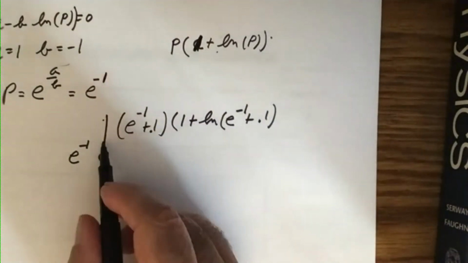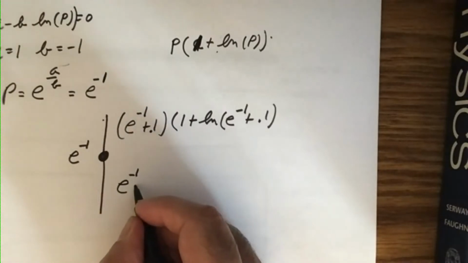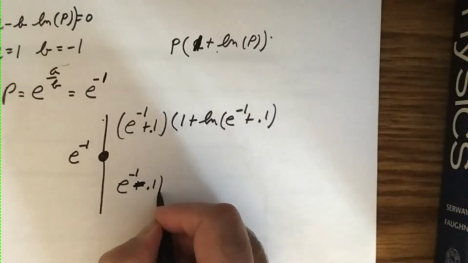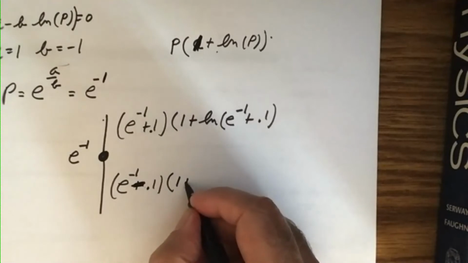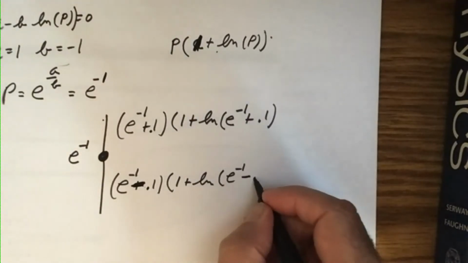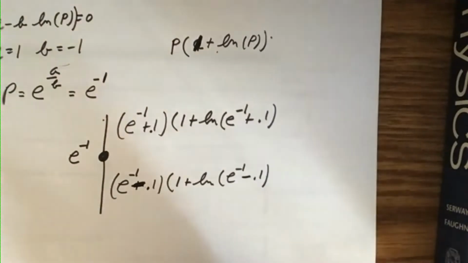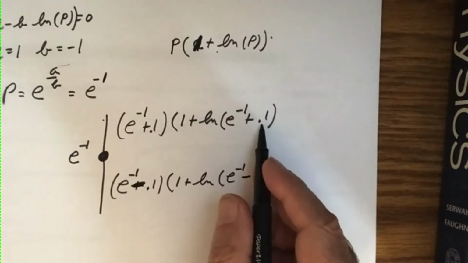I'm just putting in a point a little bit above this. And here I'm going to put in a point a little bit below. Minus. Okay. And then I'm going to put this into a calculator to see whether this,